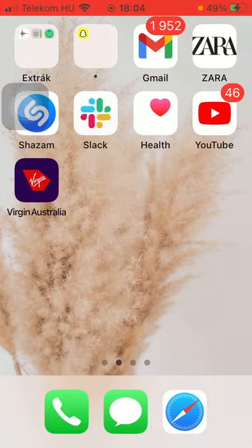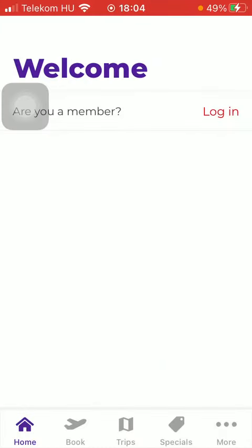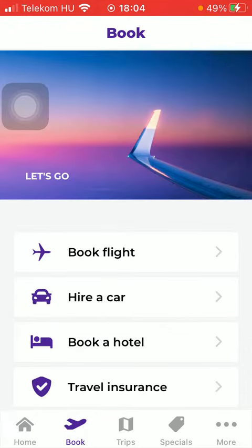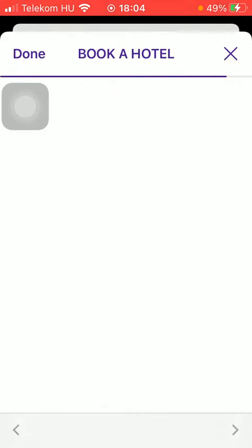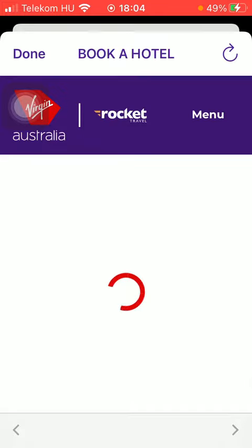First of all, open the application on your phone, then click on the second button down below, which is book. Then click on book a hotel in the middle of the screen, which is the third option, and after that you will be directed to a page, but you need to wait a few seconds till it loads, and after